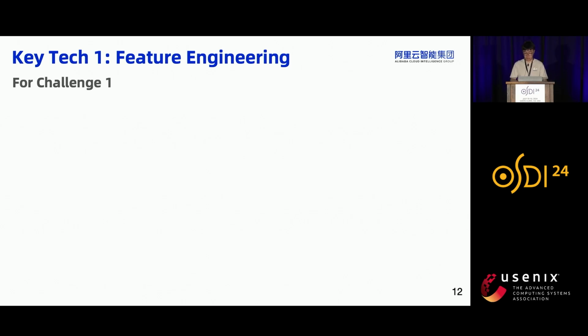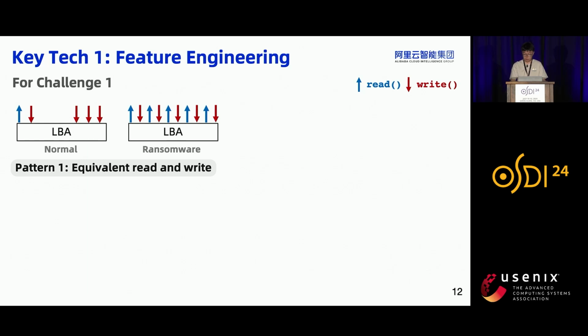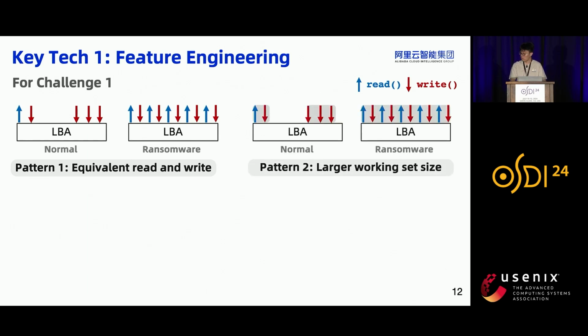To overcome this, we have extended the features. First, we found the equivalent amount of read and write in ransomware. It is because massive write after read IO leads to this distribution. Then we realized that the ransomware, in order to create a huge impact, will touch so many files,